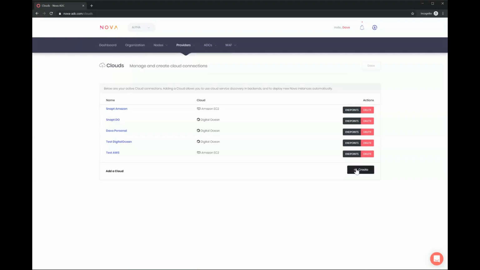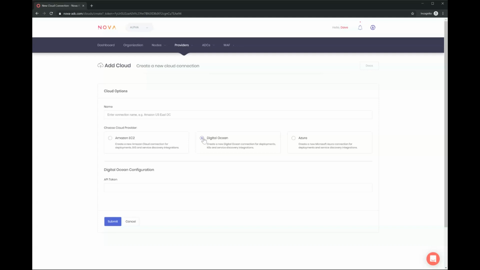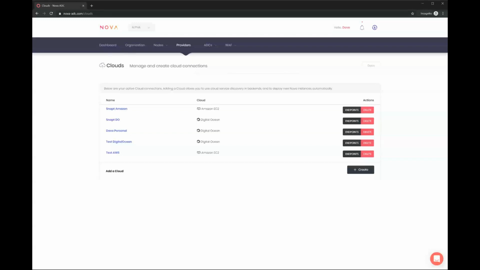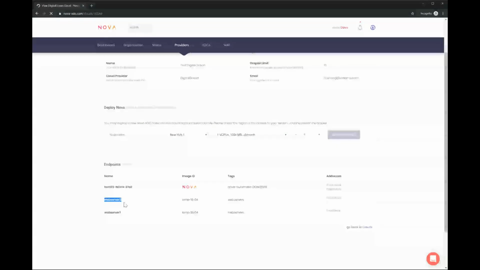So when you say create, you can see you can choose to put in your API details, and we can then access that cloud account. And that lets us do a bunch of things, from service discovery, which I'll show you just now, to being able to launch instances into that cloud. So here, for example, we have test AWS and test DigitalOcean. Today, I'm going to launch these demo servers in this DigitalOcean account, because you'll see in here we also have two web servers set up, little test web servers for this that show basically just a hello page.